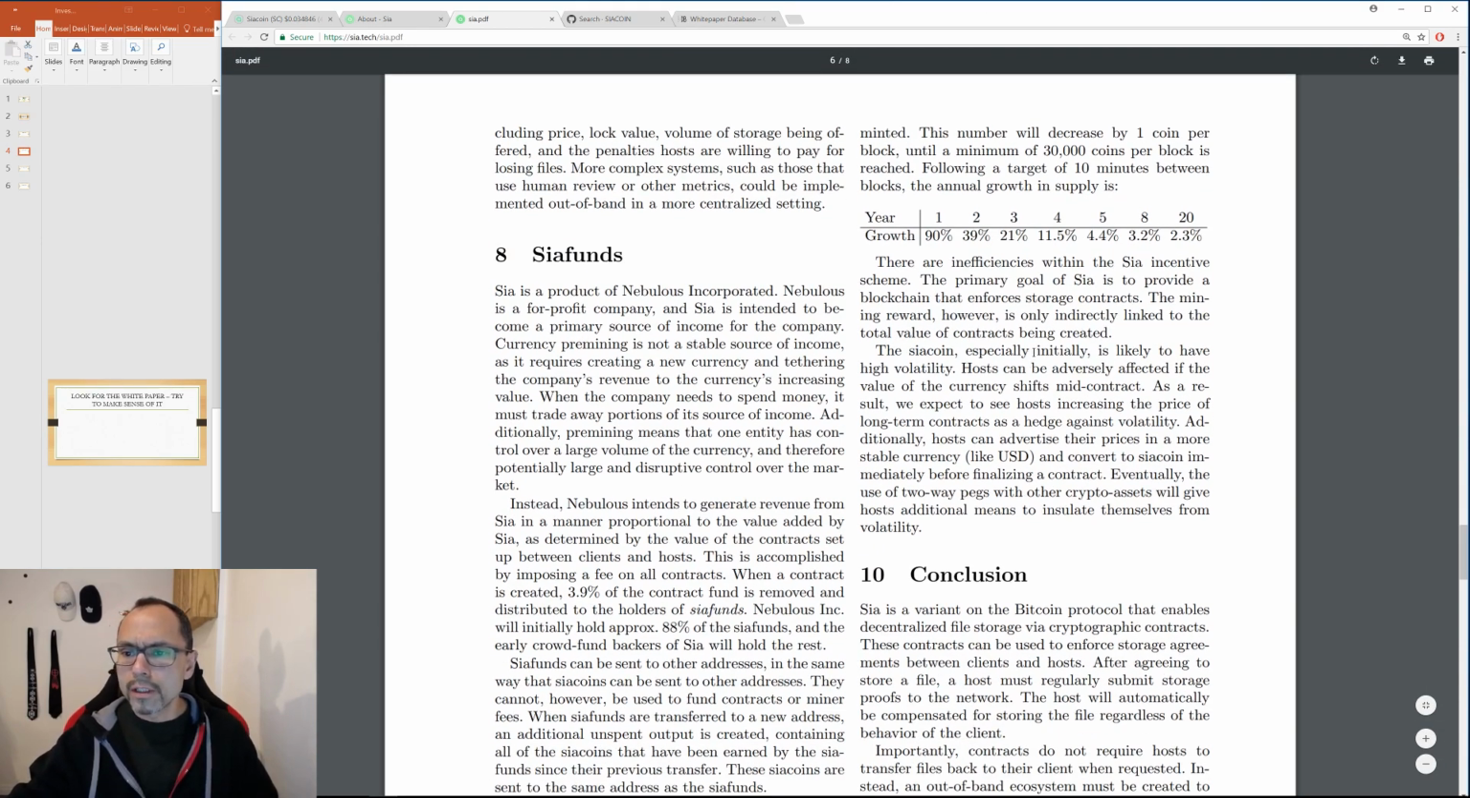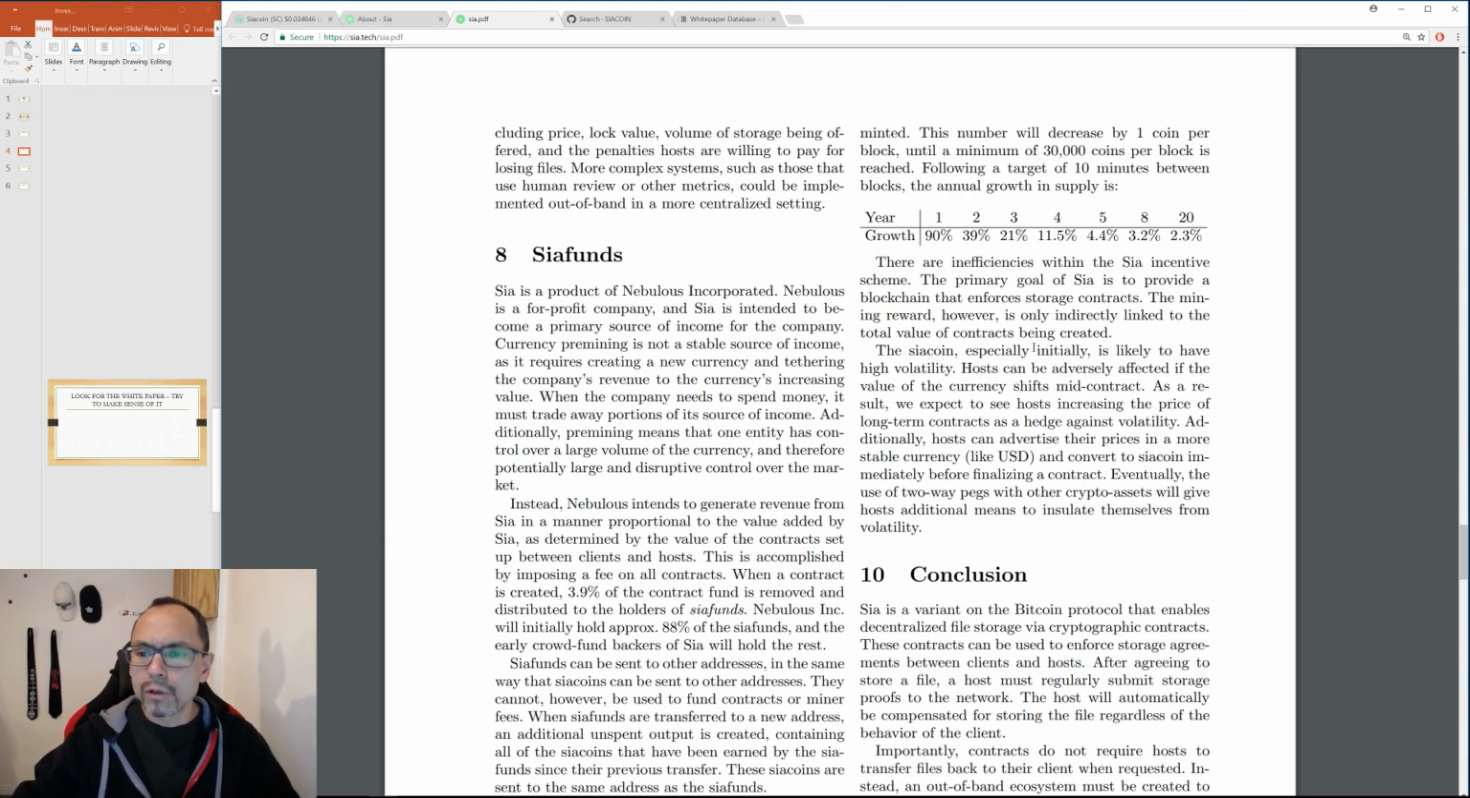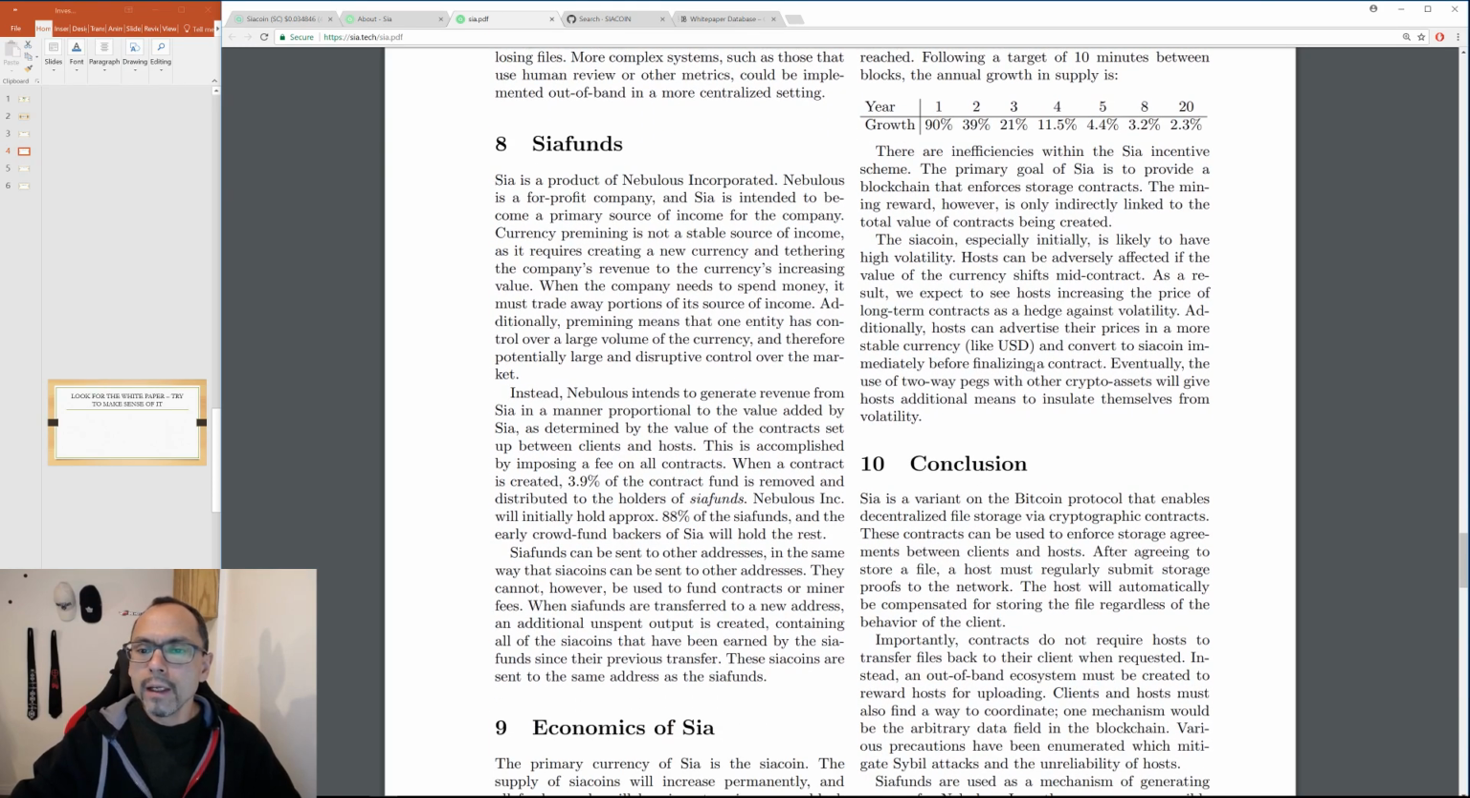So there are inefficiencies within the SIA incentive scheme. The primary goal of SIA is to provide a blockchain that enforces storage contracts. The mining reward, however, is only indirectly linked to the total value of contracts being created. The SIA, okay, so they're just saying because